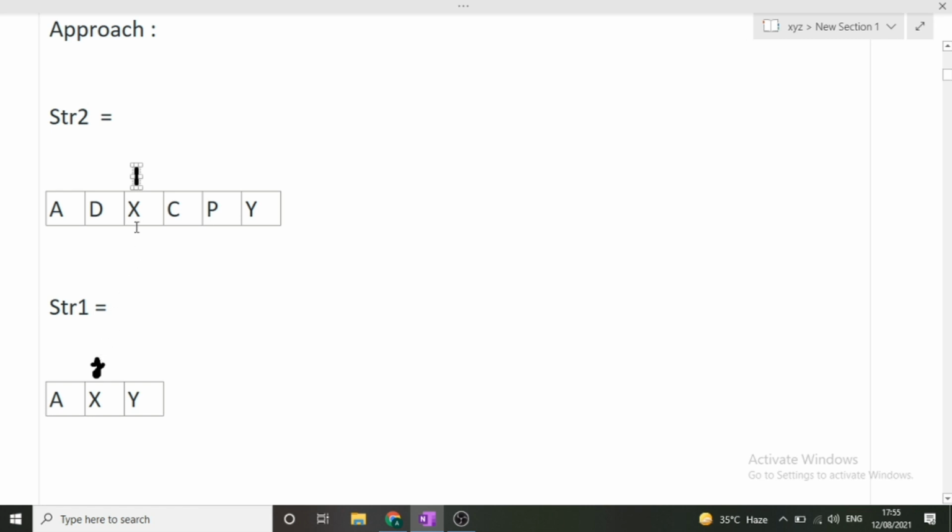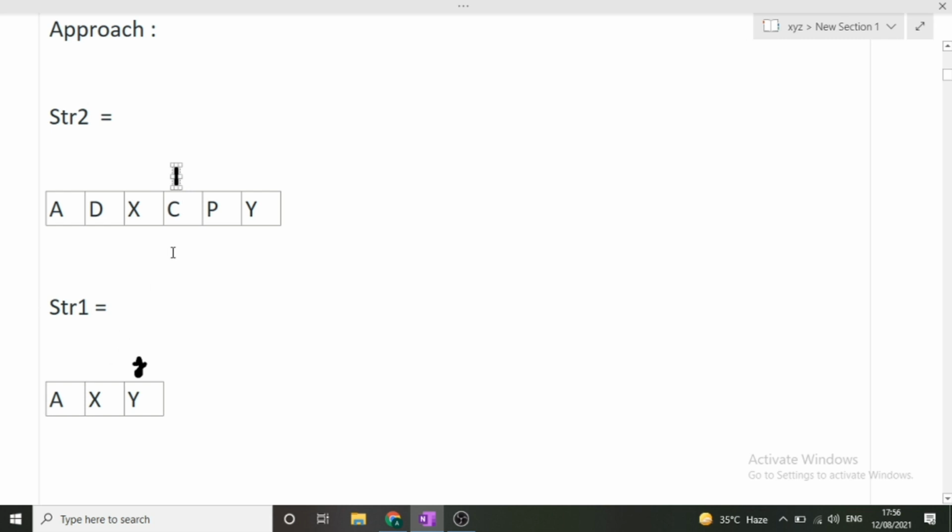It means that till now, see, the relative ordering is also same, because first a has come in this string. So when these two characters were equal, then only j was moving to the next index. Now here x is equal. Now when these two are equal, then only j will be moving to the next character. So this will automatically keep the relative ordering of the elements same. Now x and x was equal, so both the pointers will be moving forward. So this pointer, that is i pointer, will also move forward.